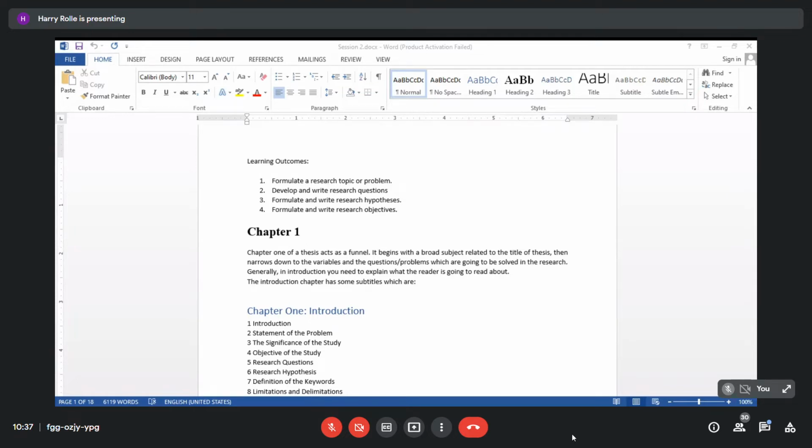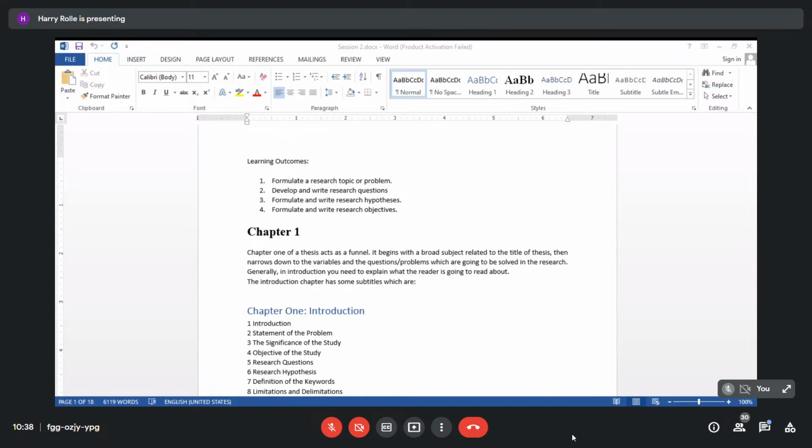And then we have here the methodology. The methodology normally talks about what type of research you're going to use. For example, you have a quantitative research or a qualitative research or whatever you are going to use for a particular type of research. If it is historical type, which is a qualitative type of research, and descriptive type research for a quantitative type. So yun yung pinag-uusapan when it comes to methodology.